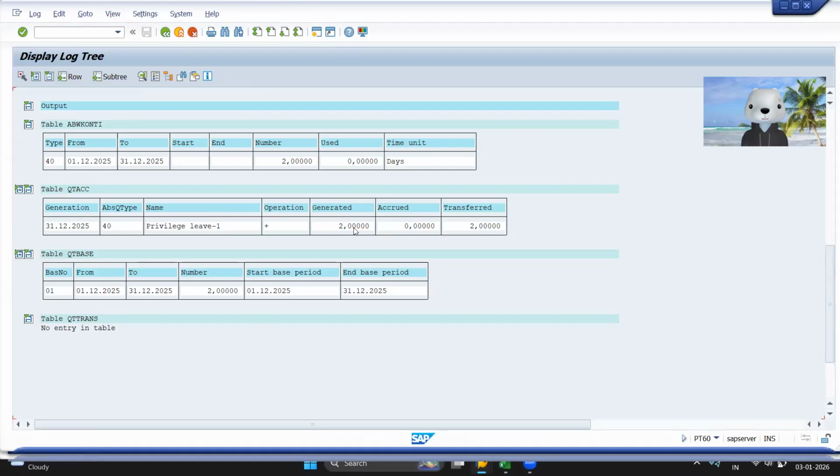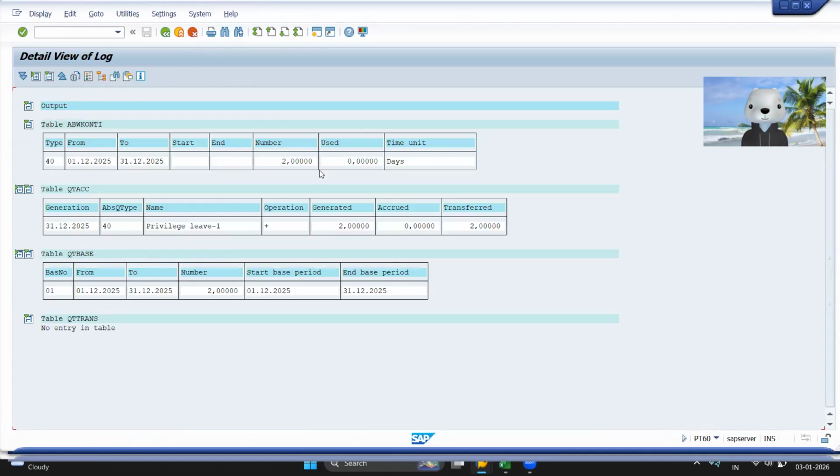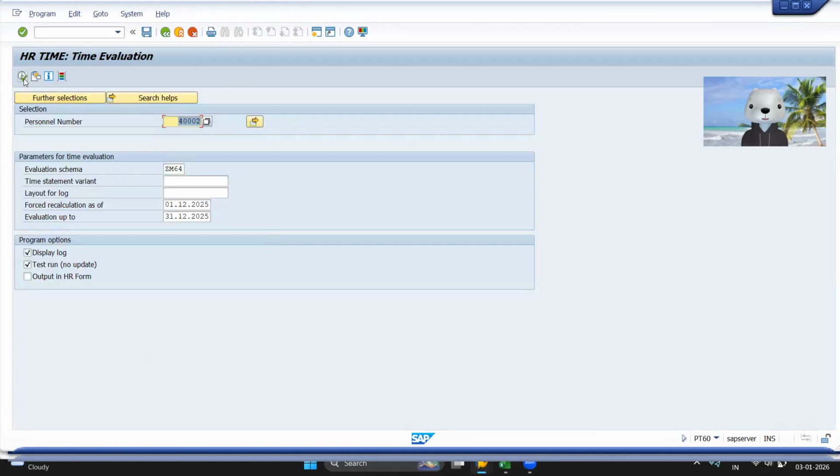Before applying the leave, you will be able to see the 2 days of leave got generated and transferred to the employee when the employee was not on unpaid leave. Okay, now the employee is on unpaid leave, and now based on the proration logic,